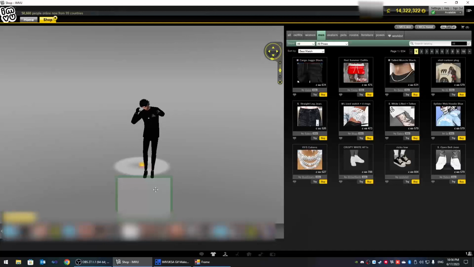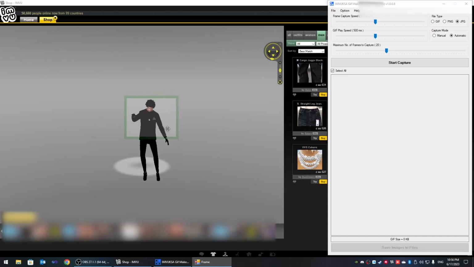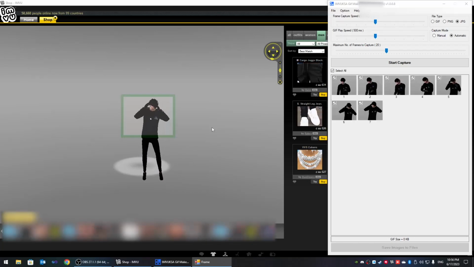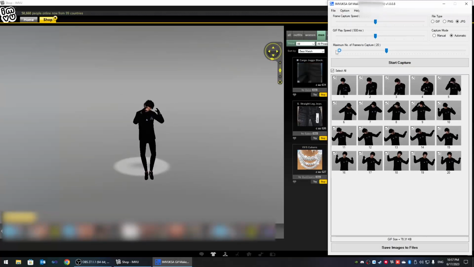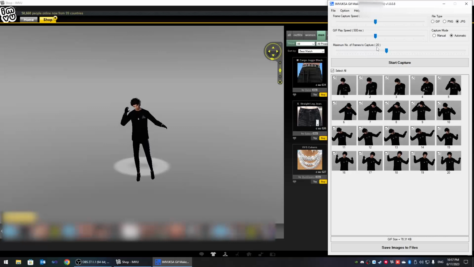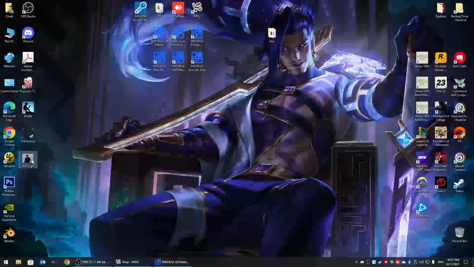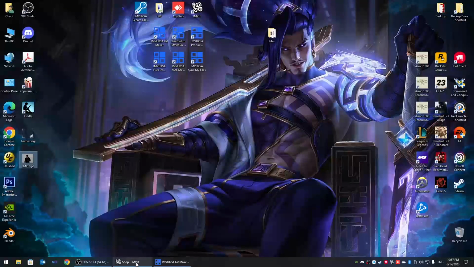This is an animation. Now it is in the automated mode. I press enter, so it will start capturing 20 frames, because I selected the maximum number of frames to capture is 20. Now if you can see down here, the GIF size will be 78 kilobytes, and if we check here, 78. So IMVU is having a limit on the file size,